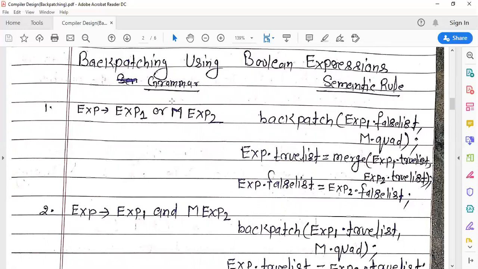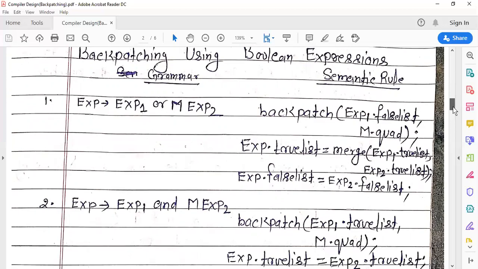Here the grammar is exp derives exp1 or M exp2, and this grammar is associated with the semantic rules: backpatch(exp1.falselist, M.quad); exp.truelist = merge(exp1.truelist, exp2.truelist); exp.falselist = exp2.falselist. These are the semantic rules associated with this production.